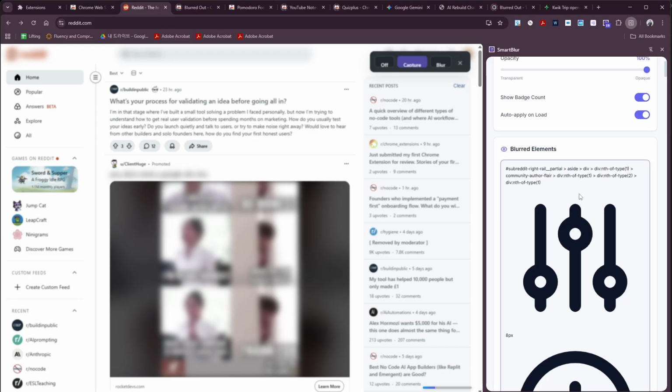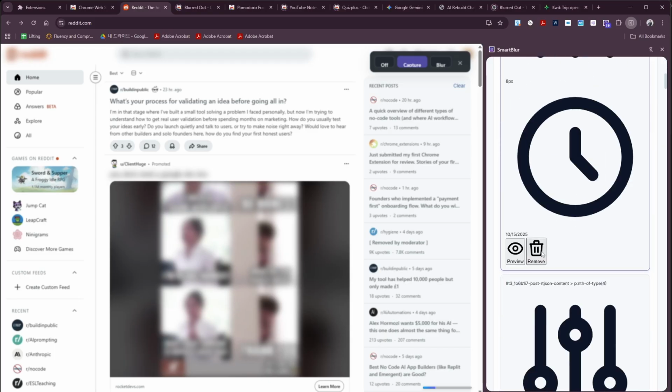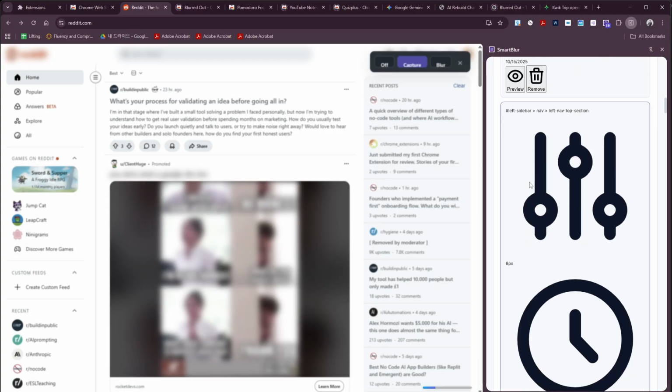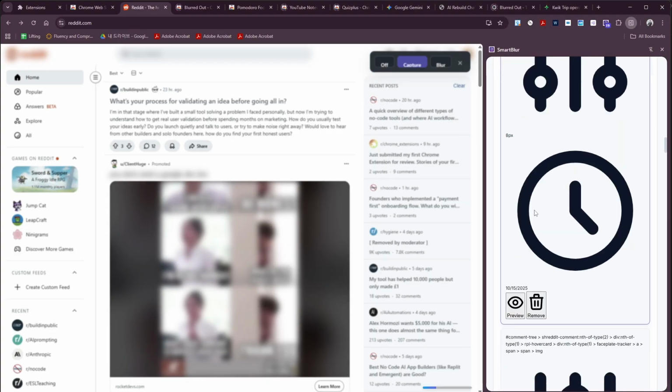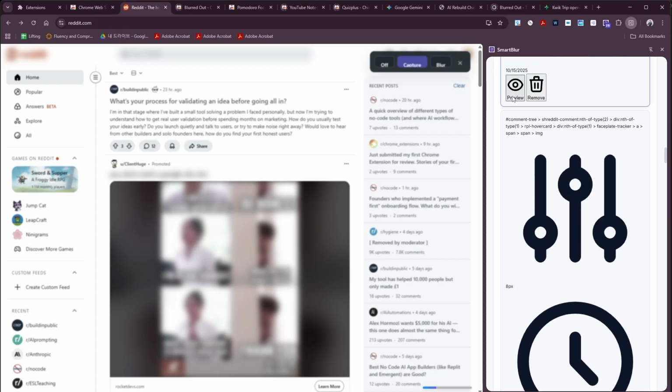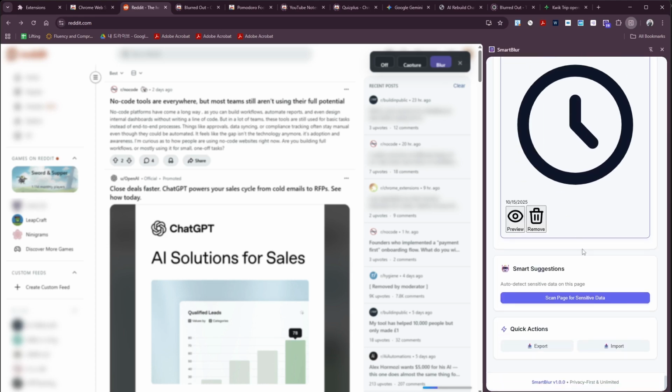Now the sidebar looks like it needs some work. The part where it says blurred elements is just showing these weird looking sliders with a clock, and I think that's something that I'll definitely be improving to show what I blurred, but that can be done with a couple iterations. Now when you're done, you can click export, and that's really cool, is that you can export a JSON